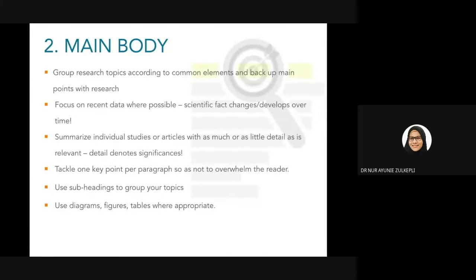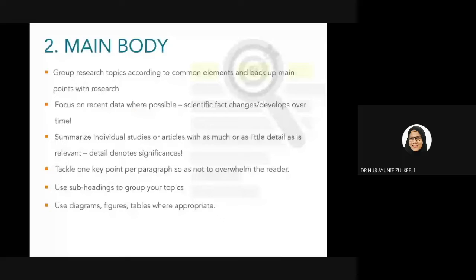Okay, so the main thing in the main body that you should know is to tackle one key point per paragraph so as not to overwhelm the reader. So you should know how to do effective paragraphing, where paragraphs are related with each other. Even if they are not related,